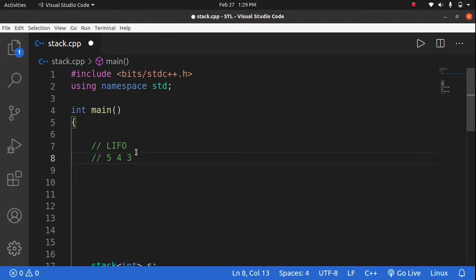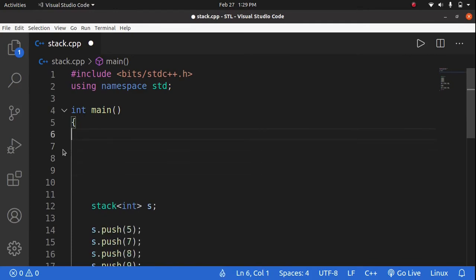Now if you want to pop some data, or we can say delete a data, then the latest element that went into the stack will come out first. Like this 3 will come out first. Now this 4 will come out first. Now this 4 3, this is called the top. The top is the latest element that got into the stack.